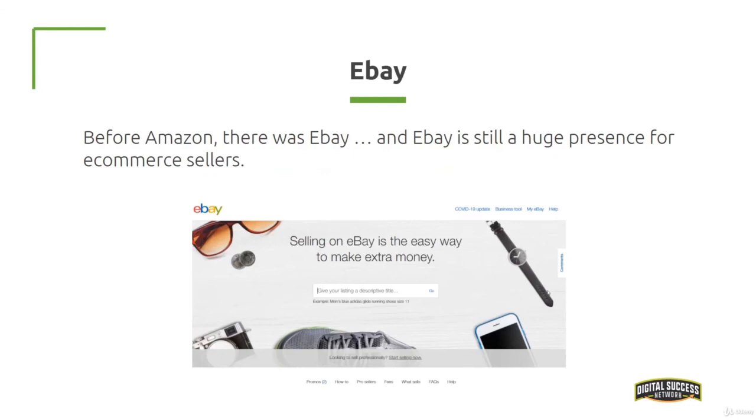Alright, you have eBay, and this was even before Amazon, and there's still a huge presence for e-commerce sellers. About 5% of all our sales is from eBay. I mean, not much, but better than no presence. Actually, if you don't even sell on eBay, other third-party sellers will likely sell your items. We've repeatedly seen this, and it's caused some issues with brand misrepresentation in the past, as customers would angrily say that